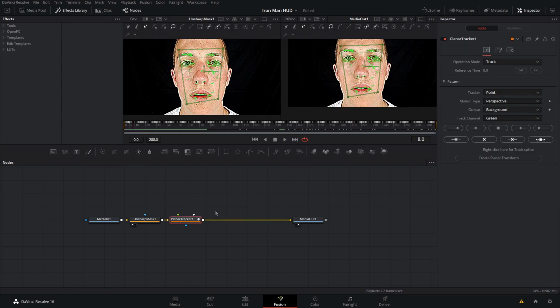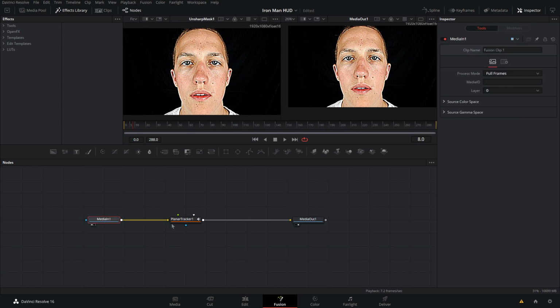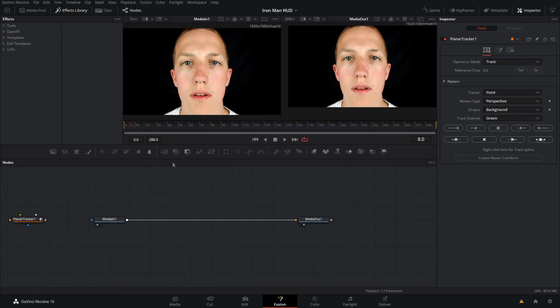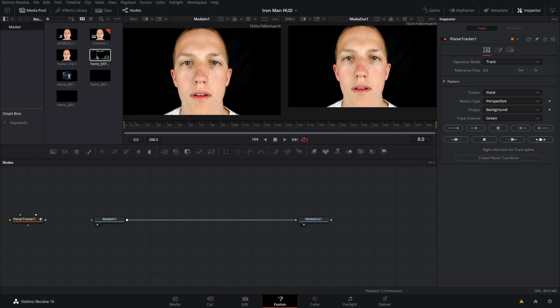So I'm just going to be deleting all that now. I will delete my sharpness mask and bring the planar tracker off to the side. So now we're going to start adding in all of the HUD assets. So I'm just going to come up to my media pool where I have them, and I got all of